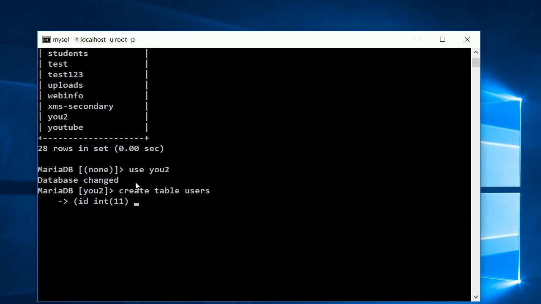That implies something like 999 billion people. I'm also going to make it not null, and I can also make it auto increment. That implies it's a must. It will just add 1 to what already exists there. Then the next thing I'll say, maybe